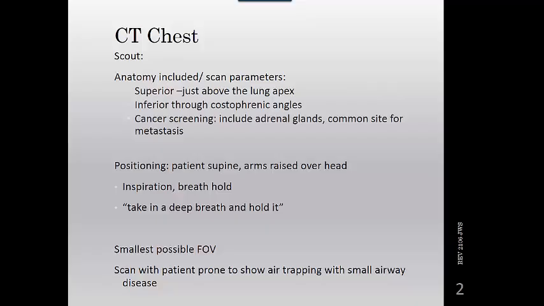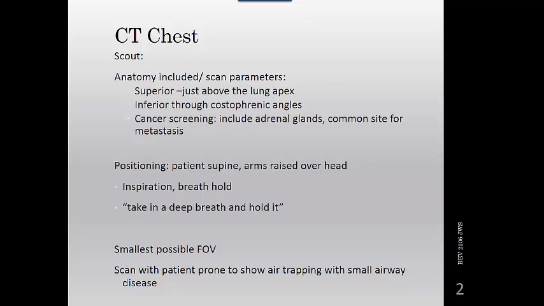Routine chest protocol includes both soft tissue and lung windows to evaluate mediastinal structures in conjunction with the lung tissue. Scans extend from the lung apices all the way through the costophrenic angles, and sometimes including the adrenals to rule out certain types of carcinomas. But in my facility, the adrenals are routinely included on all CT chests, but that's going to be site-specific radiologist preference. The patient's positioned supine with the arms raised over the head to reduce the artifacts from